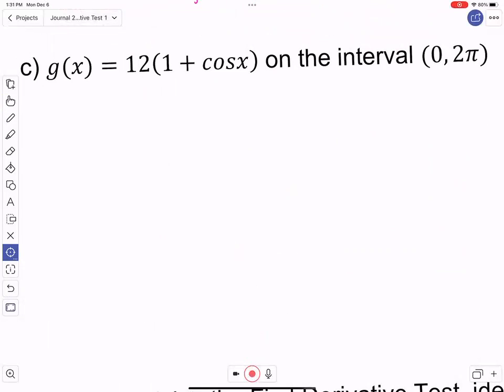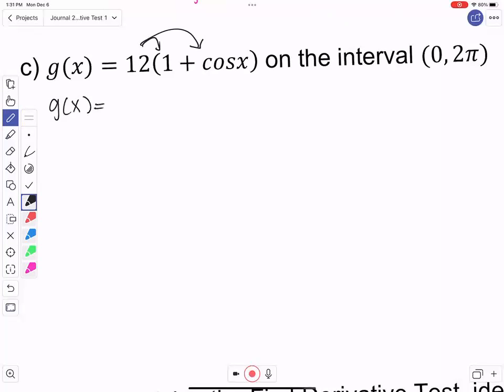Okay. The 12 doesn't have a variable. That's why I was like, so in mathematics, we don't always have to take the derivative right away. We can use algebra to help us make things easier. Like, couldn't I just distribute this 12? Yeah. And then this would just be 12 plus 12 cosine x. And I think this is a lot easier to take the derivative of than using chain rule or product rule. So if I take the derivative of this,